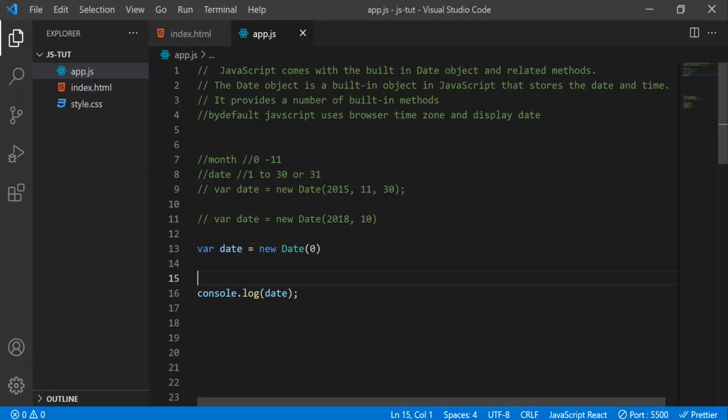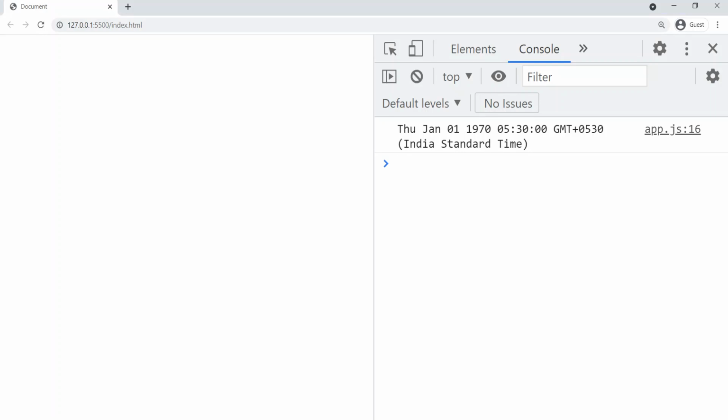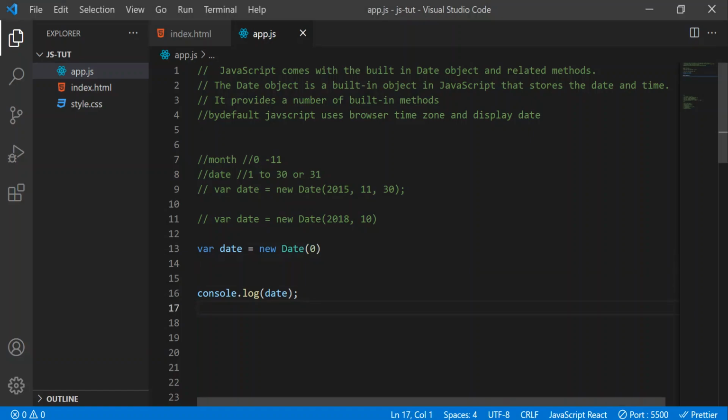Now let's go back to VS Code, and let's go to the console. Friends, if you want to show a date to the user, we don't need to show all this GMT and Indian Standard Time, right? We have to get only these 5 values and show that. For that we have two things, that is getters and setters. Using the getters means using the get methods, we can get only the required part of the date. For example, if I want to print only the month, I can get it using the getMonth method. And coming to setters, if I want to set my own month and show that to the user, then I can use set methods.